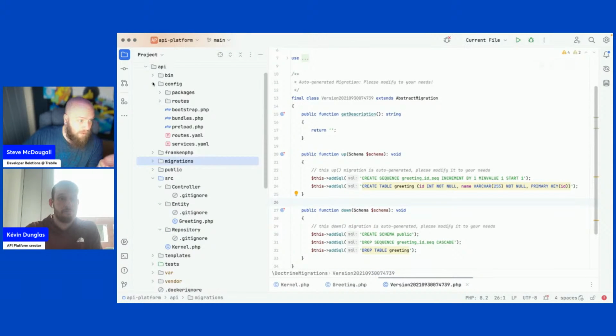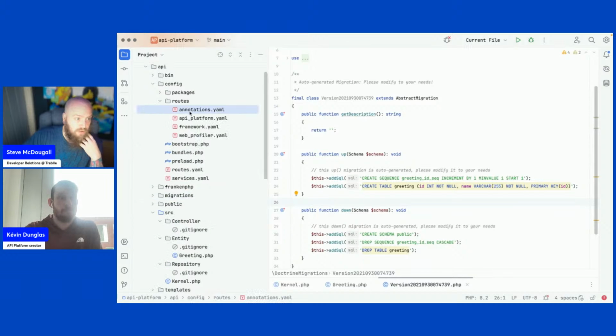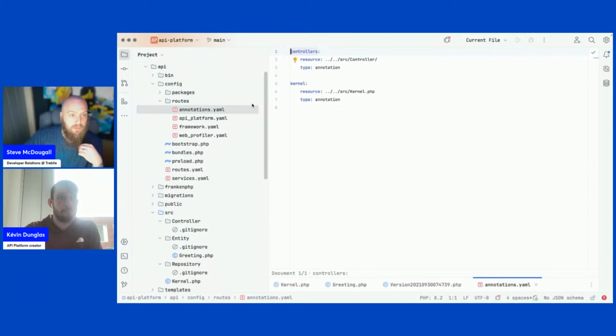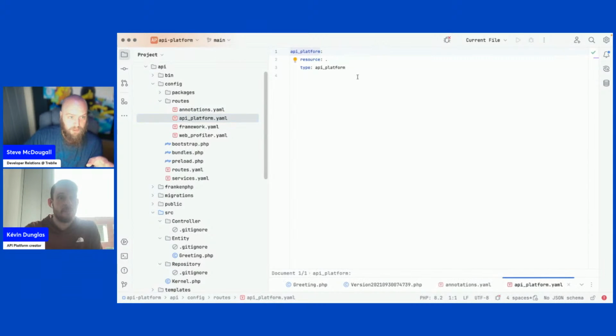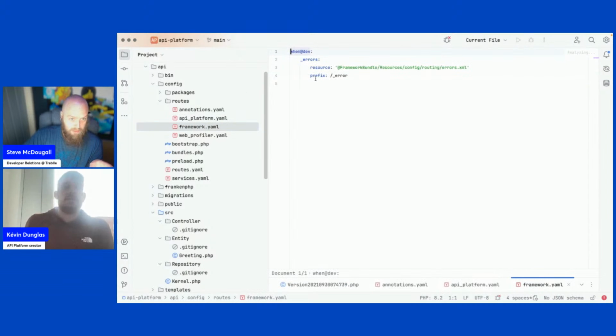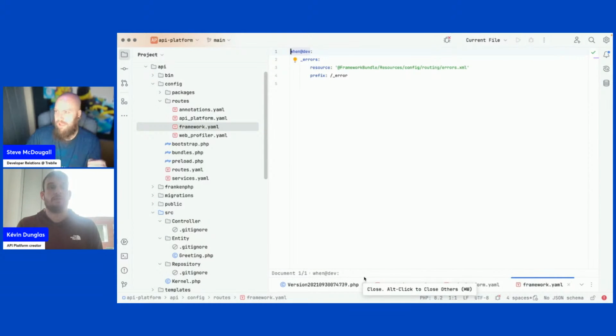We got our config. Routes, I'm assuming these are all just generated, so we don't have to do anything with routing. Yes, but it leaves us open to it if we would want to add specific routes that might not be API resource routes, but like meta routes that we might want to grab things for. Exactly.